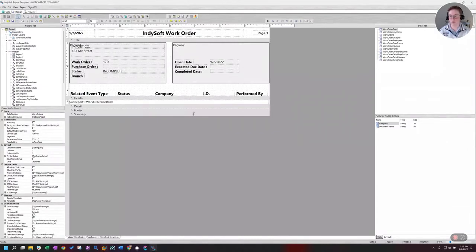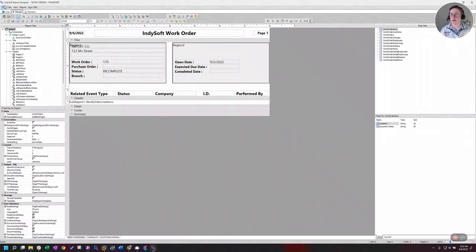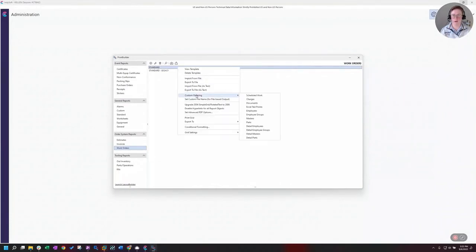So we have this just generic work order here, and I have 5 line items on this work order, and let's say that I wanted to group by the related event type or the status, and then I'll also show you how to group by more than one thing if you wanted to. So we'll go ahead and close this, and then back inside of PrintBuilder's little dialog here, we're going to highlight the report we want, just the standard work order, right click on it and hit custom ordering,